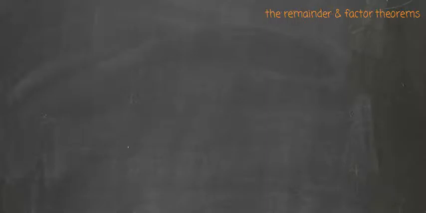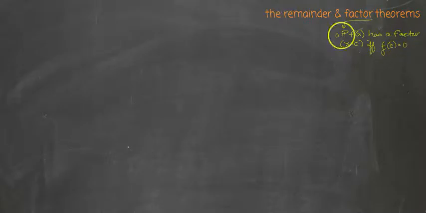So the whole point of polynomial long division and synthetic division is to make use of the remainder and factor theorems. So we'll look first at the factor theorem, and it says, I'll be using lots of shorthand here, a polynomial, so that's a fat P, that means polynomial, f of x has a factor x minus c if and only if, and the shorthand for that is IFF, if and only if f of c equals